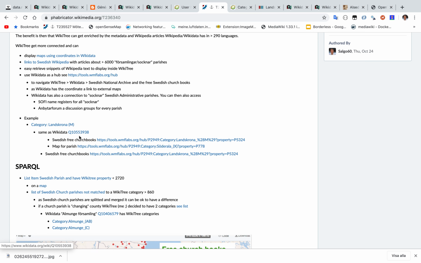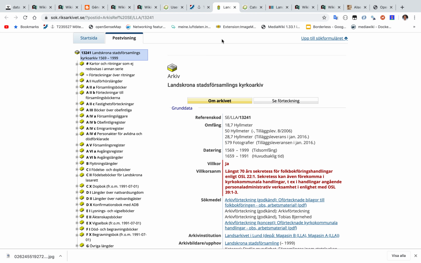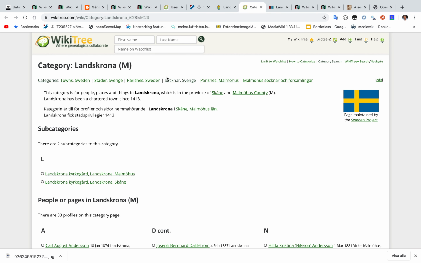So Landskrona is same as this one, and then you can use a tool called Hub. So that means that you can send your, this is Landskrona, and you are 2949, and then you can use Wikidata as a hub and go to the location of 5324. So that means you go to this place. So if we go back to